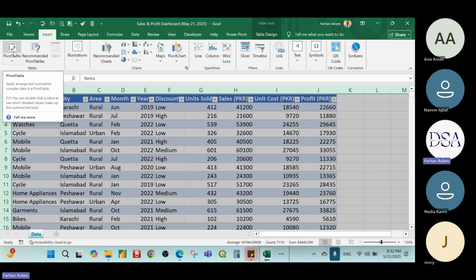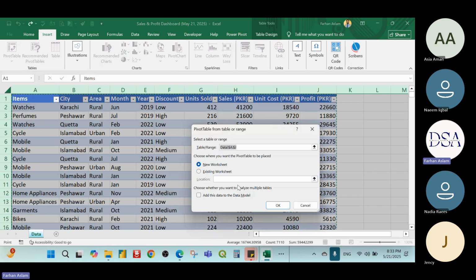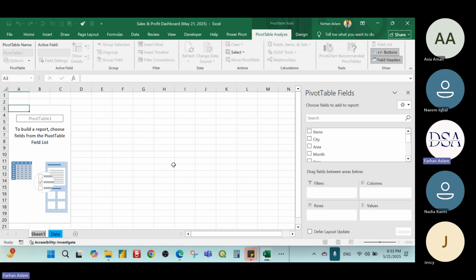If you are not familiar, or if you are not comfortable, or if you are not fully handy on this pivot table, this might be difficult for you. So click on this. A new sheet will be added here. We can say pivot. So what I'm going to do, I'm going to create different types of tables or graphs. So the first graph can be like this,